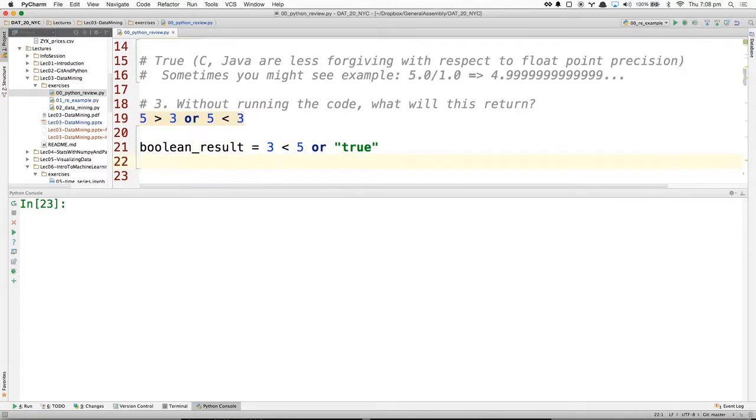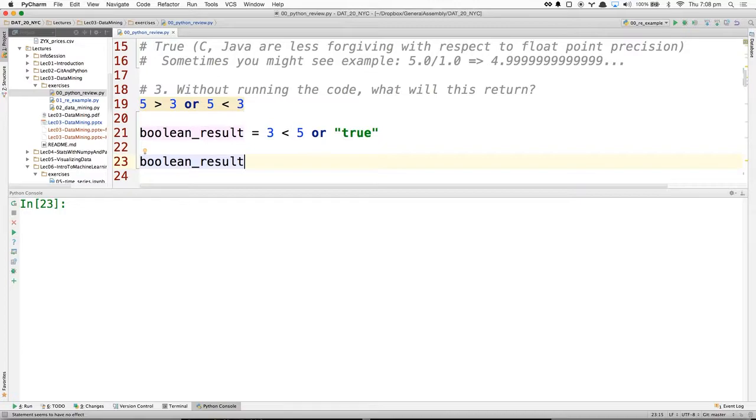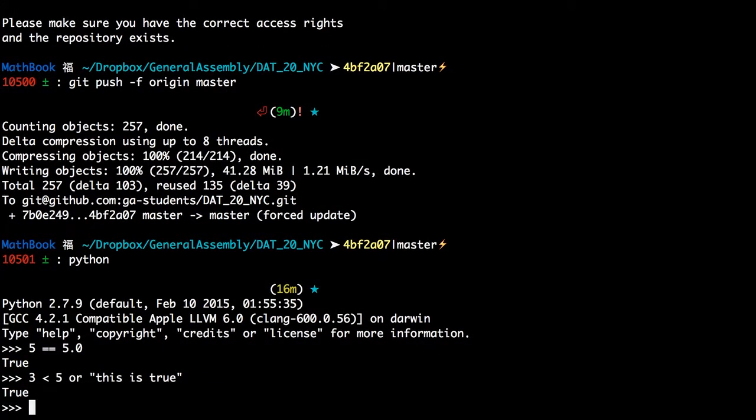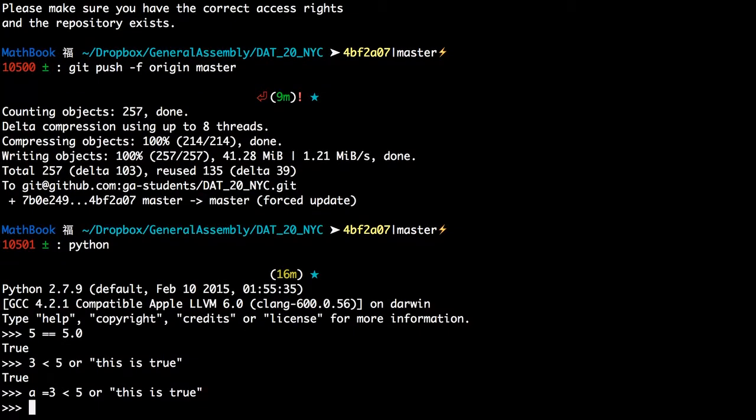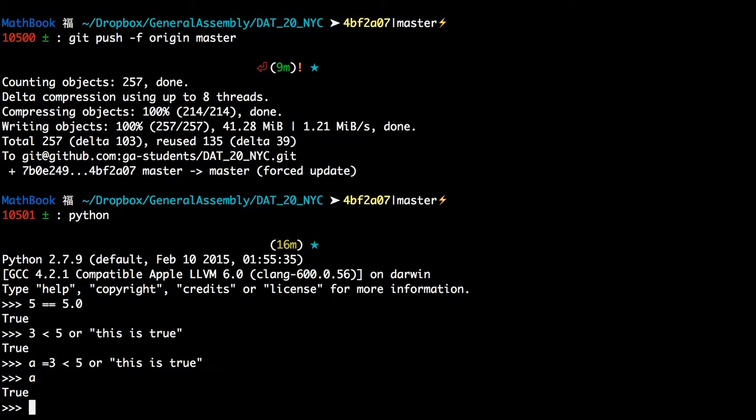What do you think boolean_result equals? It equals the string true. The reason is that it does a left to right evaluation. So it sees this as being false, and then it evaluates this code. The or is not actually returning true. To prevent confusion, it will actually return the string "this is true" if I set it to a value, excuse me.